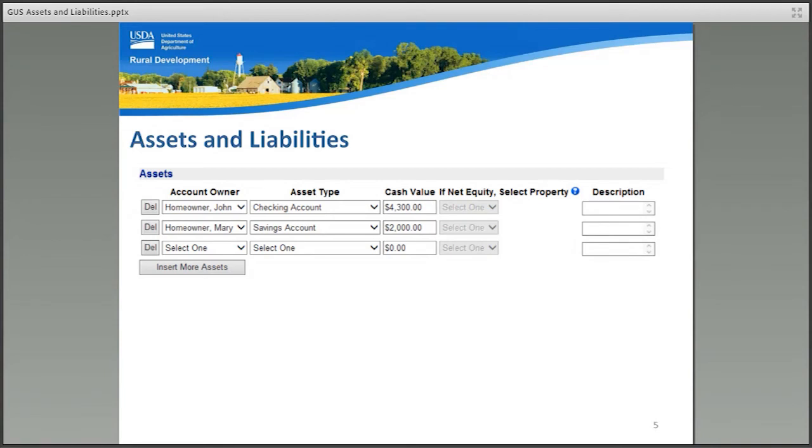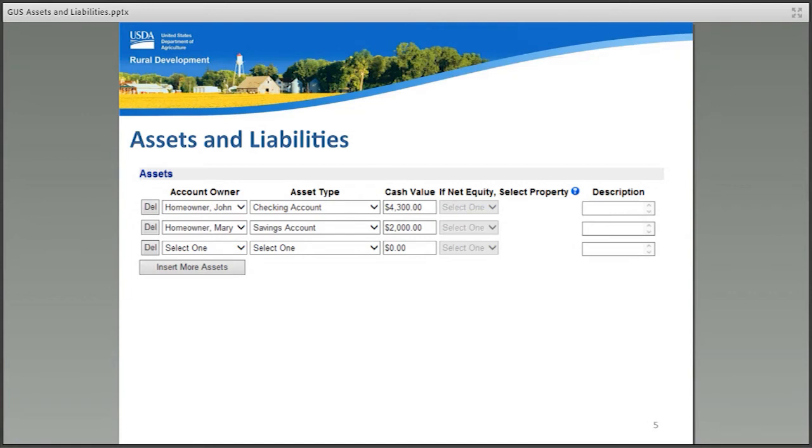Checking and savings accounts must reflect the typical balance available to the applicant. This is typically the average 2-month balance of the account or an alternative documented balance. If a checking or savings account balance is artificially inflated due to recent deposits, tax refunds, etc., it does not provide an accurate calculation of how much money the applicant typically has on hand. So as a hint, inflated assets will result in an unsupported GUS underwriting recommendation.